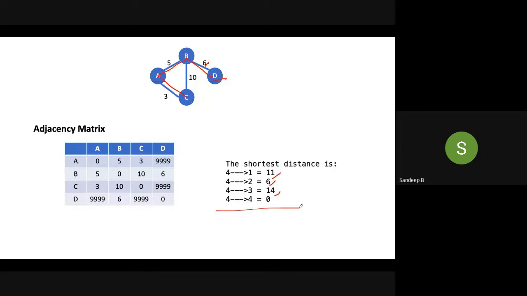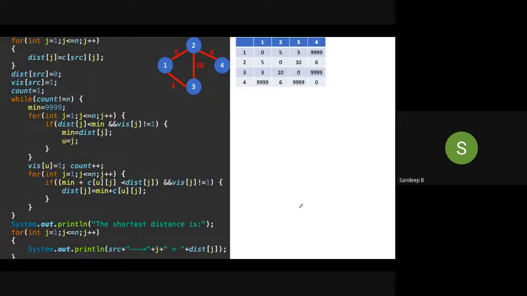So this is the graph. Source is 4. First, we will initialize the distance matrix. So this is the distance matrix. With what value will it be initialized? C of source comma j. Source is nothing but 4 here.